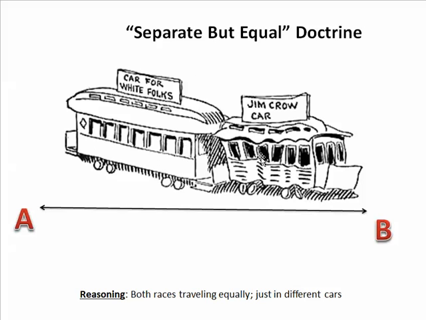Okay, let's take the train incident here with Homer. They said, okay, we have a car here for white folks and we have a car here for black folks. Are both cars on the train providing an equal service? Are blacks and whites being taken from point A to point B, or from point B to point A? And they said yes, they are. So the reasoning was that both races were traveling equally from equal places, getting the same travel or service from the government, but they were just doing it in different cars. So they reasoned it did not violate the 14th Amendment equality doctrine. All it did was require separation of the races.